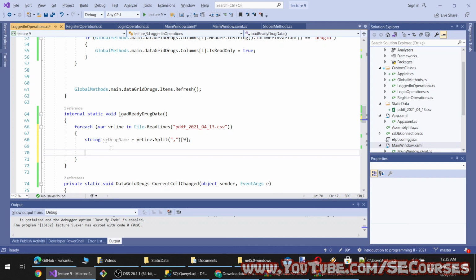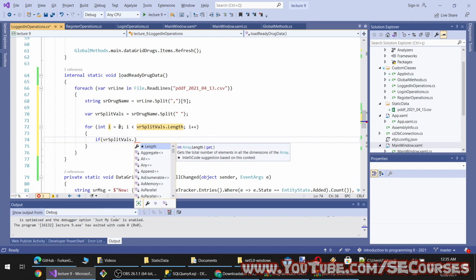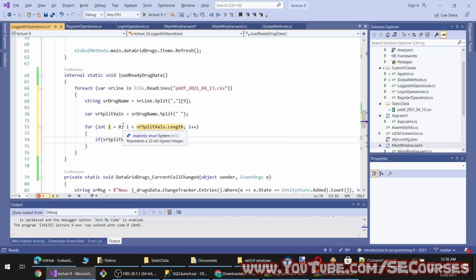So var split lines equal to var line dot split, not var line, var drug name, and for var split lines dot count or length, and if contains, or equal to, yeah, let's say equal to.